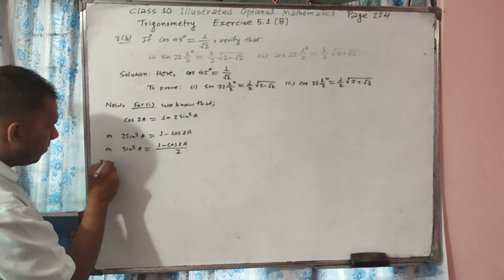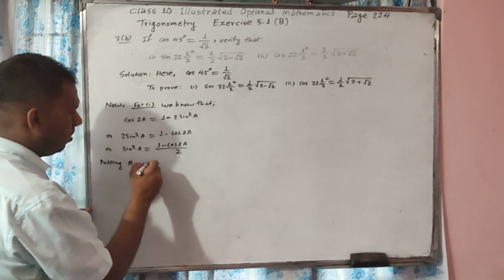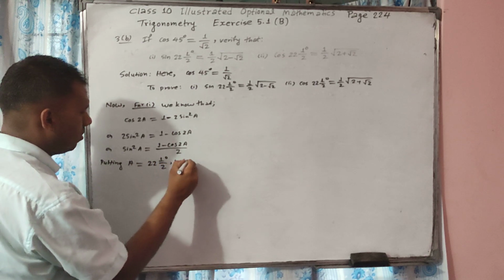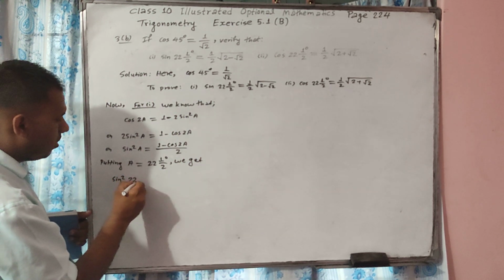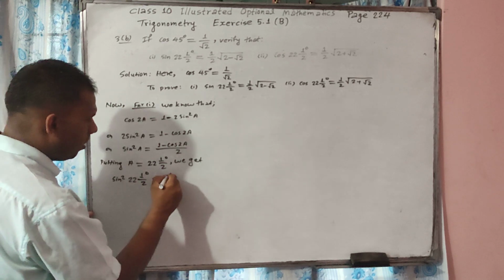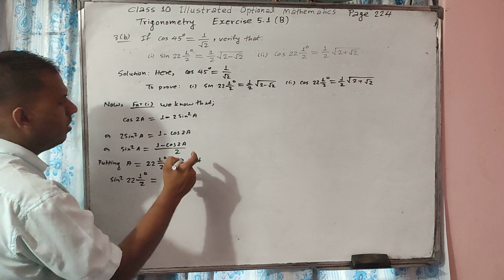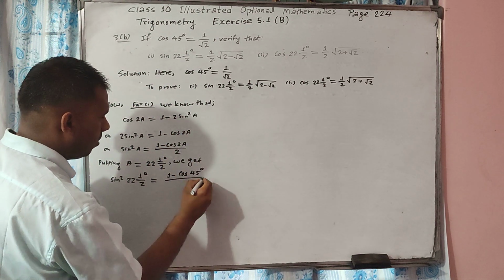Putting a equal to 22 and a half degree, we get sin square 22 and a half degree equal to (1 minus cos of 2 into 22.5, this is 45) whole over 2,